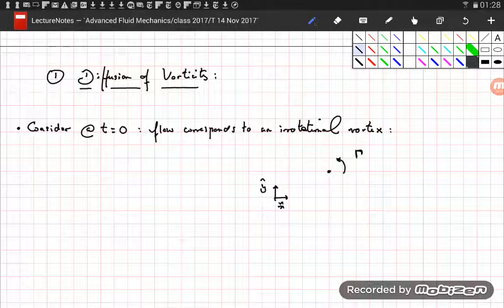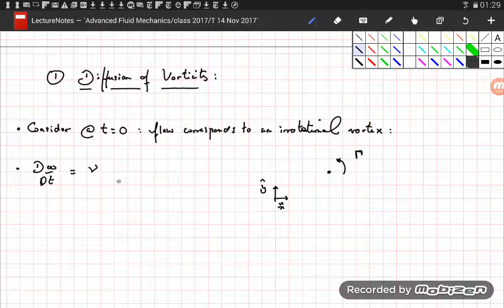Now, what happens to this flow? What happened to the vorticity as time passes? So let's write the diffusion equation. Let's write the equation for the vorticity. So the equation for the vorticity is the material derivative of omega, D omega Dt, is equal to mu times the Laplacian